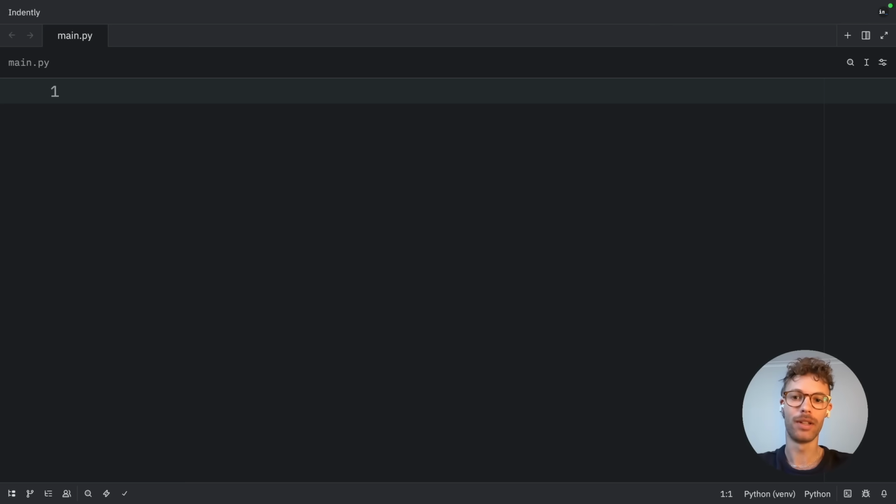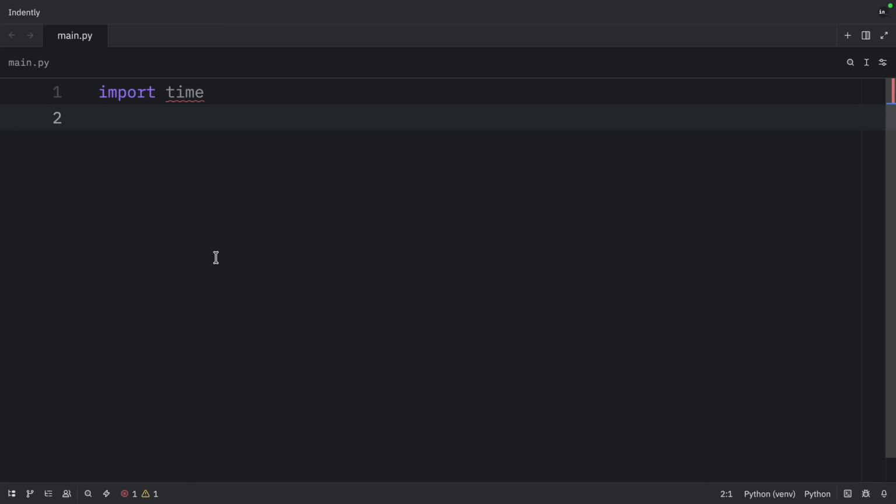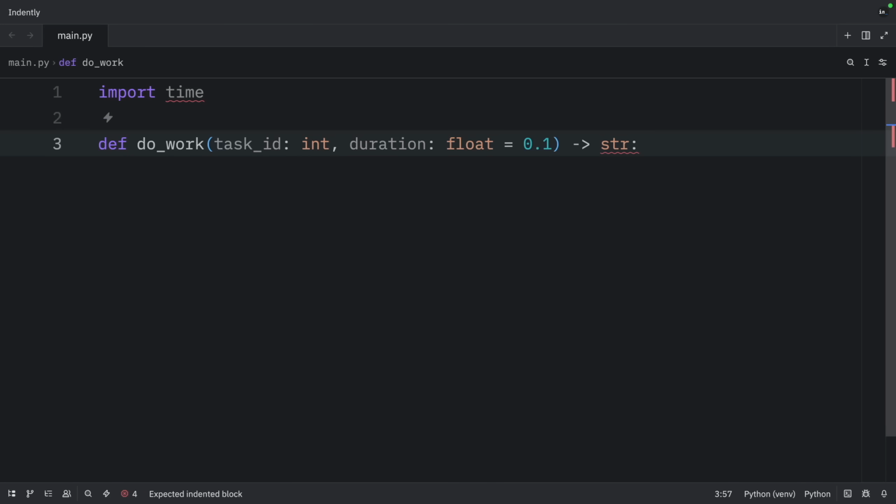Let's start with a simple example that simulates some work. We'll create a function that takes some time to complete, and then we'll run it multiple times synchronously to establish the baseline. So for this example, we're going to import time, and then we're going to create a simple function